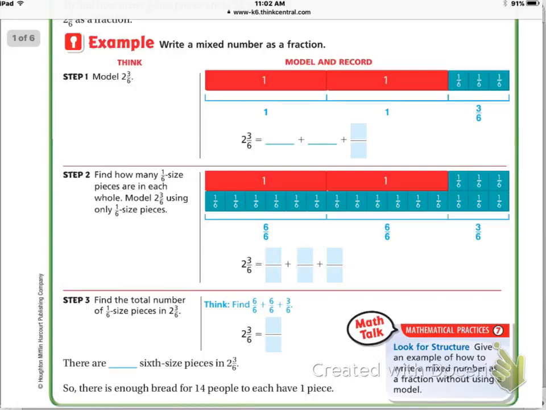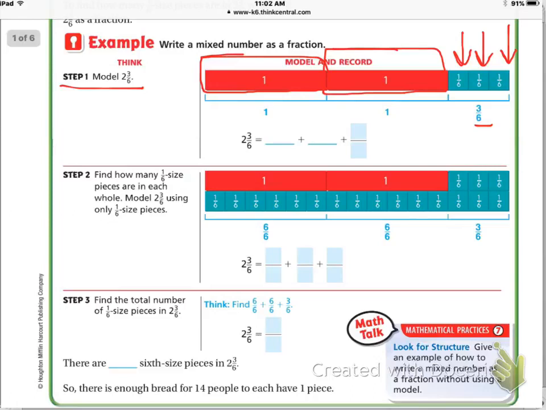Let's think about how to solve this problem. My first step. One way I can do it is make a model. Right here on my first model, I have my loaves of bread laid out. Here's 1 loaf of bread, here's 2 loaves of bread, and my other fraction was 3/6. So there's my 3 unit fractions, 1/6 plus 1/6 plus 1/6, which equals 3/6. So I can think that he has 1 whole loaf of bread plus 1 whole loaf of bread plus 3/6